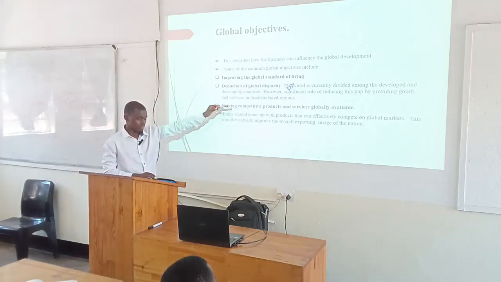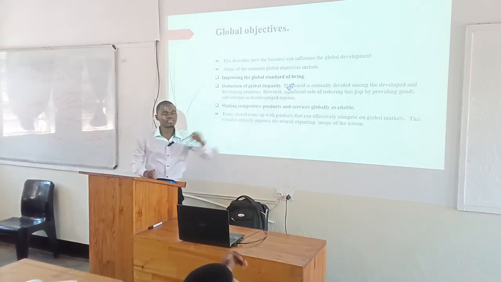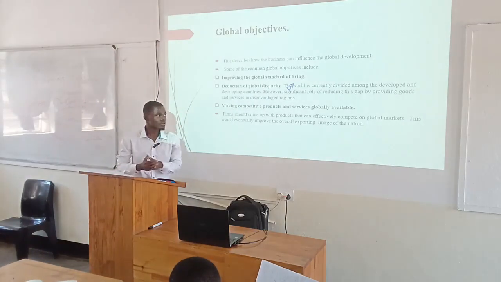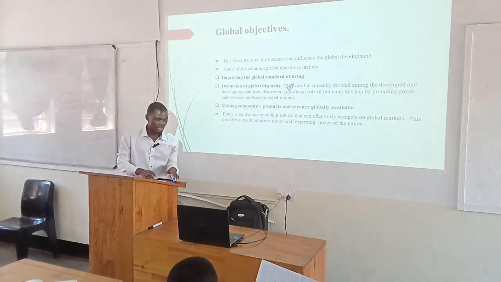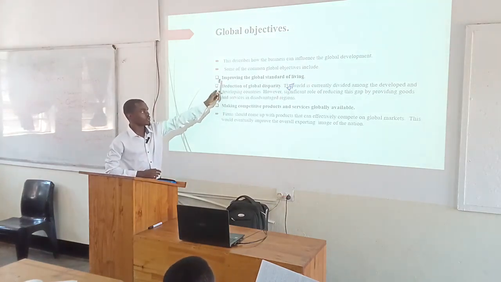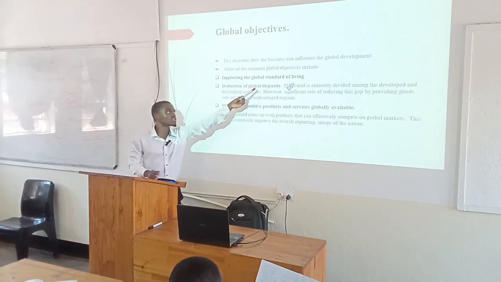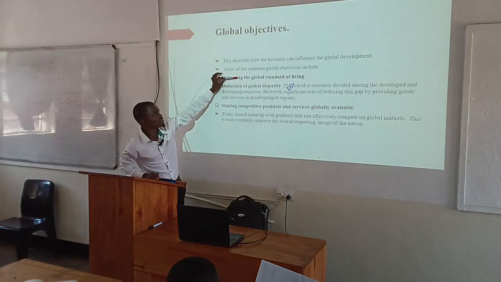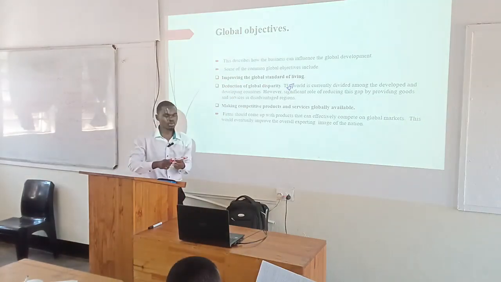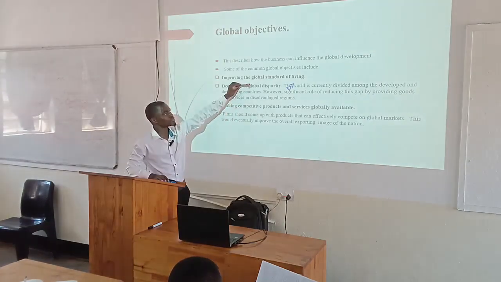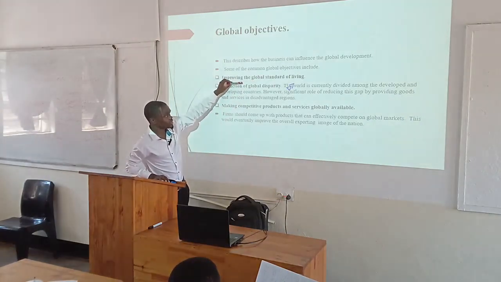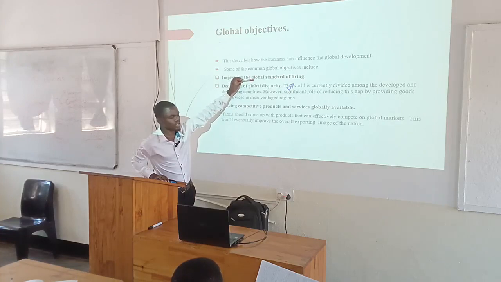Why? One of the reasons why the standard of living is different is because, for example, the United States has business organizations that are not found in Malawi. So let's imagine we have an organization in the US, and it wants to improve the standard of living. It wants to fulfill this global objective. So that organization won't be restricted to meeting the needs of people based in the US, but it also has customers who are based in Malawi. By selling their products to customers based in Malawi, it means it's meeting this objective.